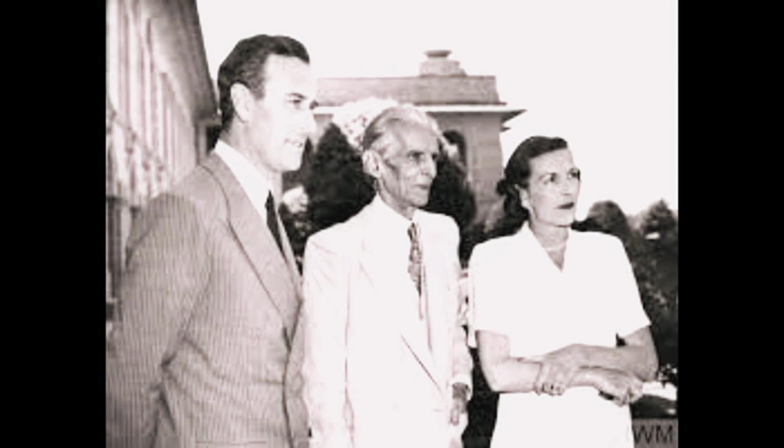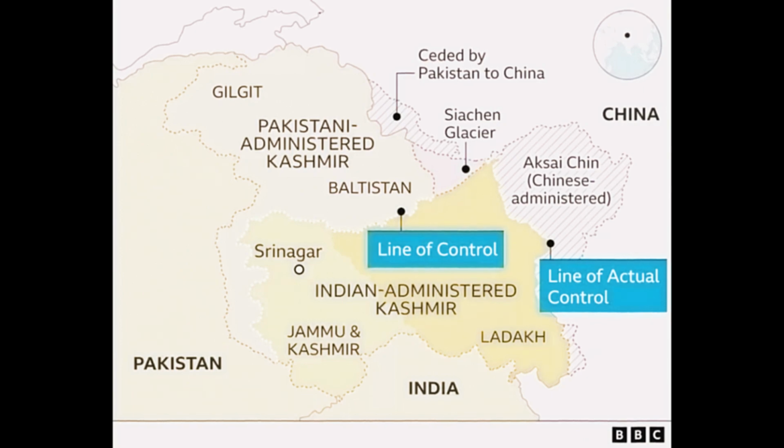India also intervened to support East Pakistan in its war of independence against Pakistan. In 1971,